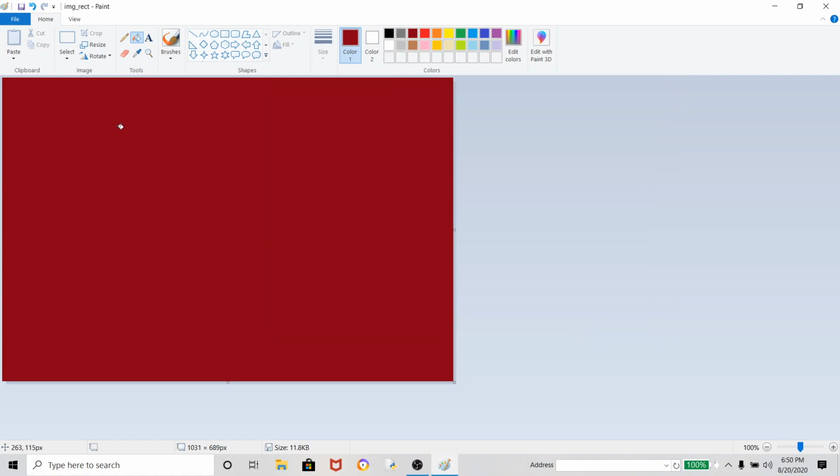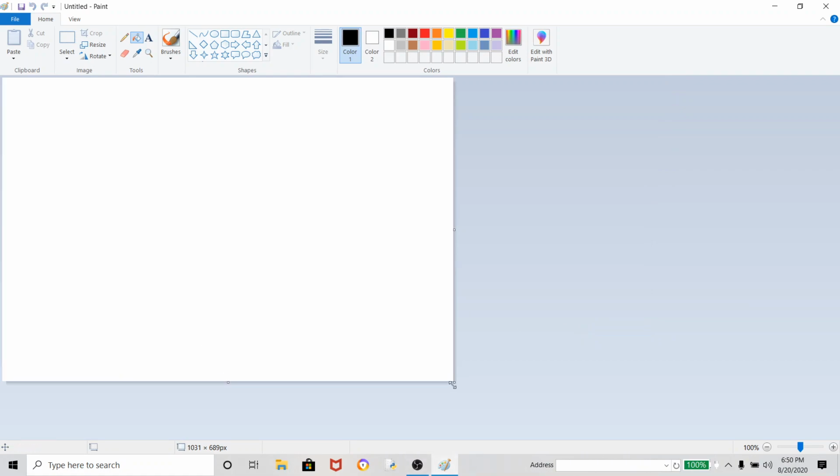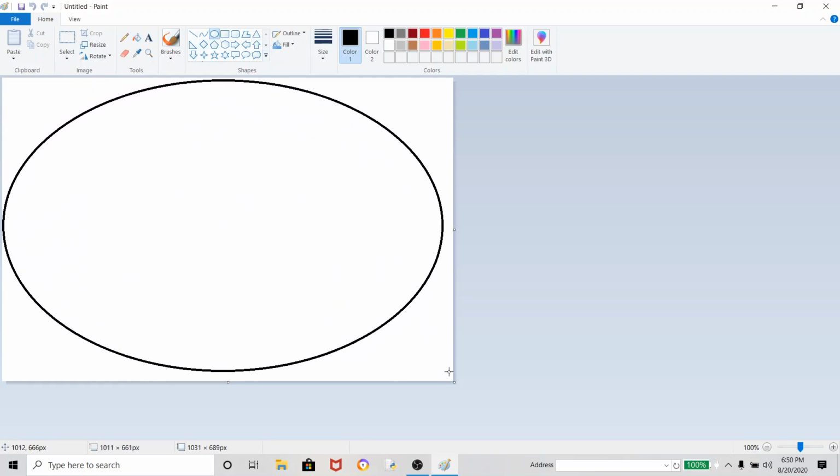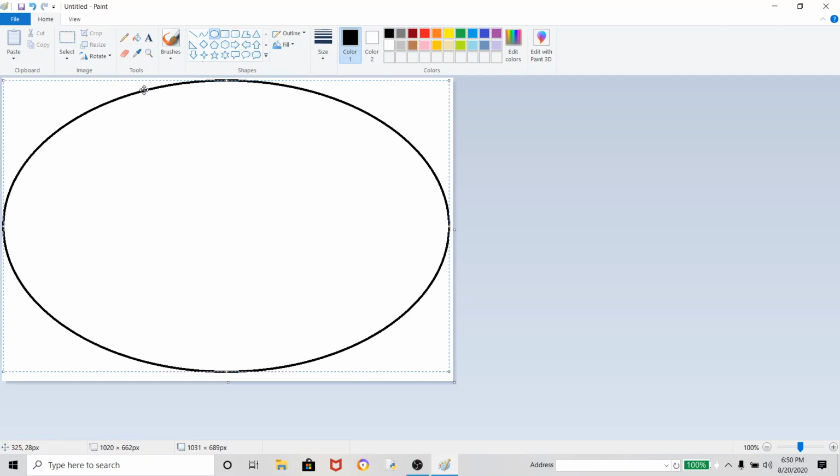Clear? Again Control N, and I want to make a circle of that much area. This much circle I am going to make.